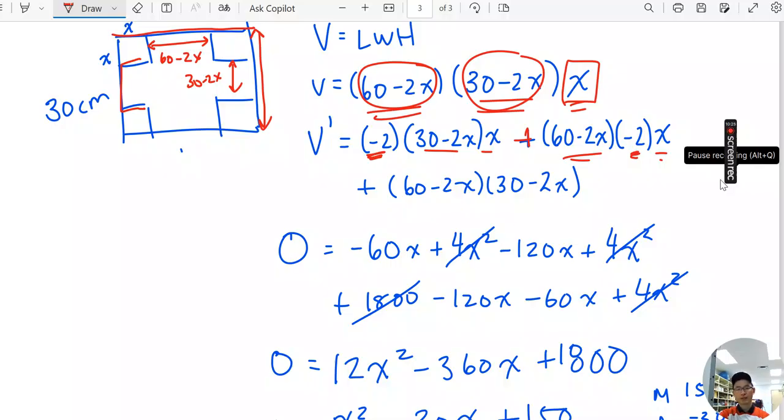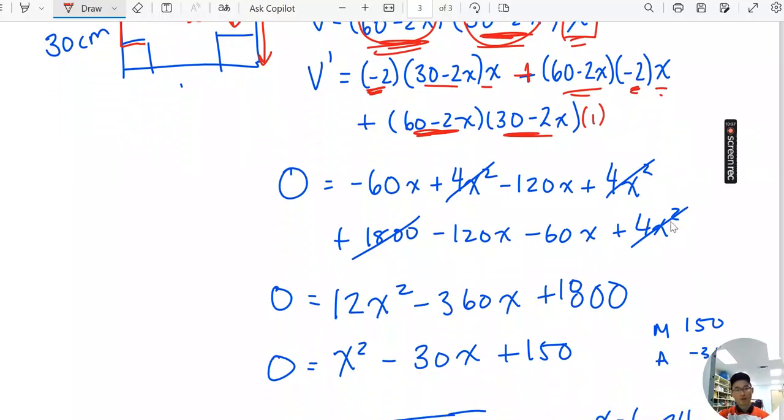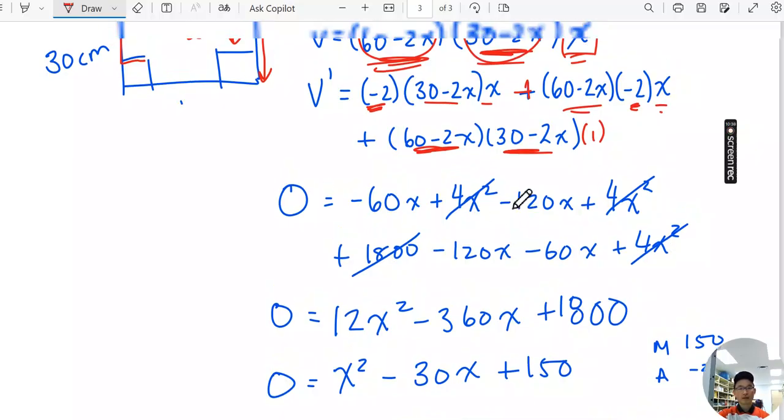So what's the derivative of just x? Well, it's going to be 1, which means there's technically a 1 there, and I just copy down the other two brackets. Okay. Now from here, I do have to simplify in this case, okay,